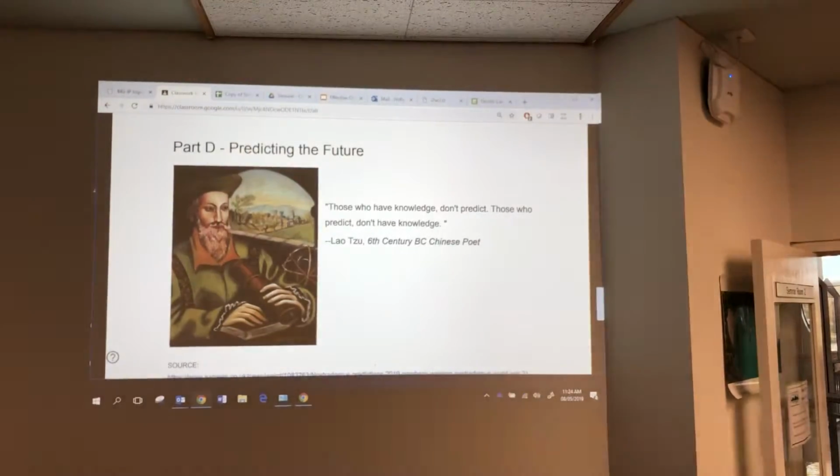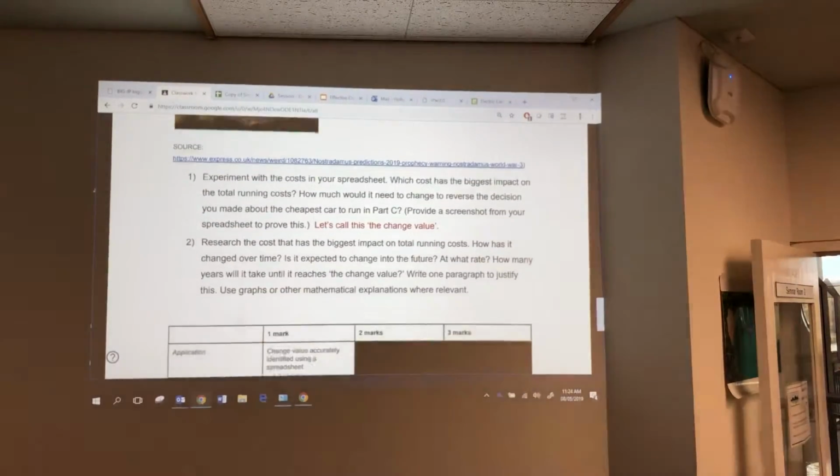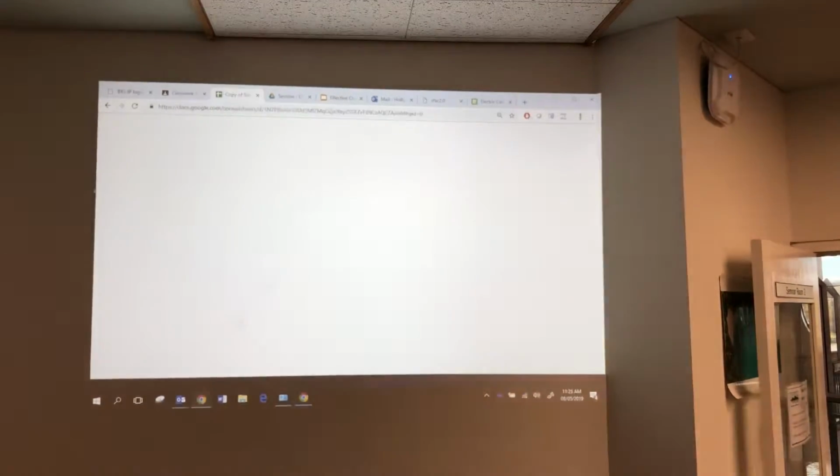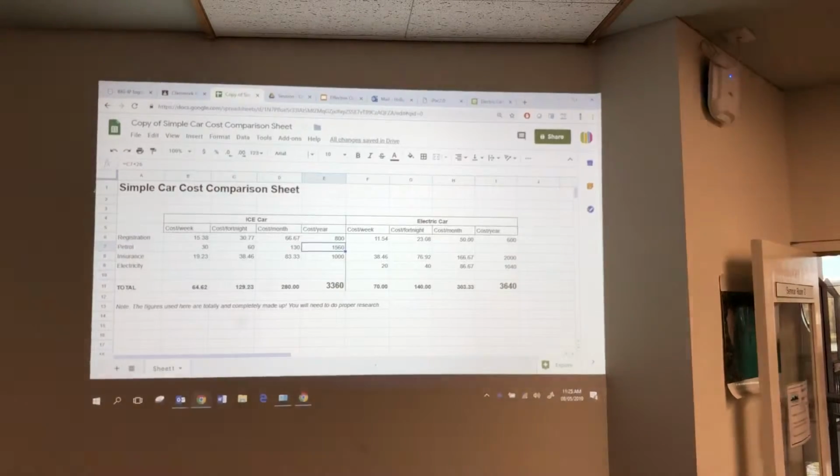Okay, we've got a picture of Nostradamus there predicting the future. Now this is a little bit of a tricky part. This is about going back to the spreadsheet. You need to imagine your comprehensive spreadsheet there now, not my simple one, but I can demonstrate it here in the simple one. You go back to your spreadsheet there, and what I need you to try and work out